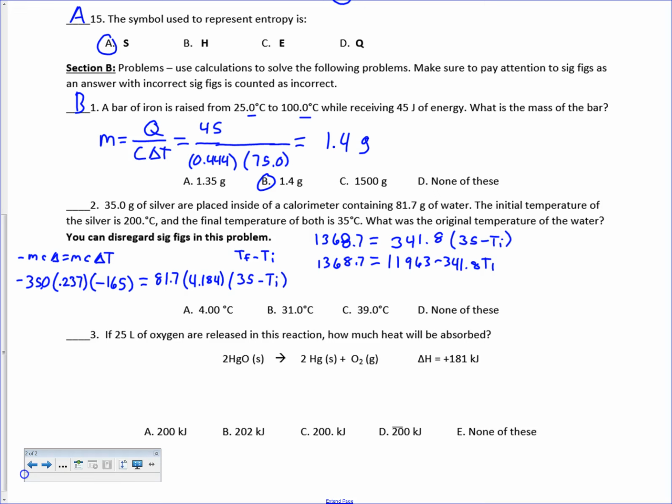I subtract 1,368.7 from both sides to get that over to the right-hand side. And the next thing that I end up with is 341.8 Ti equals 10,594.3. Divide both sides by 341.8, and I get that Ti equals